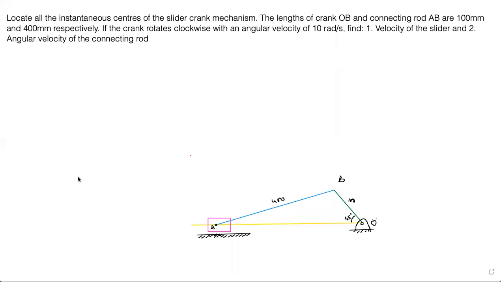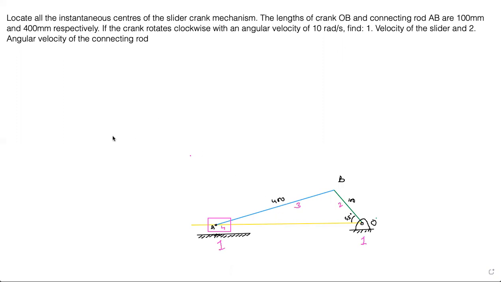Hello guys, welcome to this session on finding out velocity of a single slider crank chain with some given lengths and angular velocities. So the angular velocity of link 2 is given. Let's number them properly. For our own convenience, all the fixed are 1, and then this is link number 2, this is link number 3, and this is link number 4.